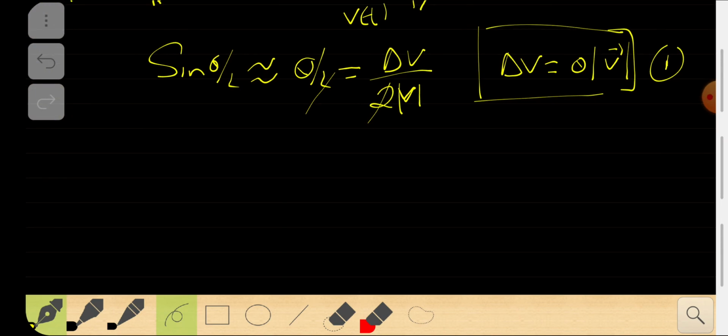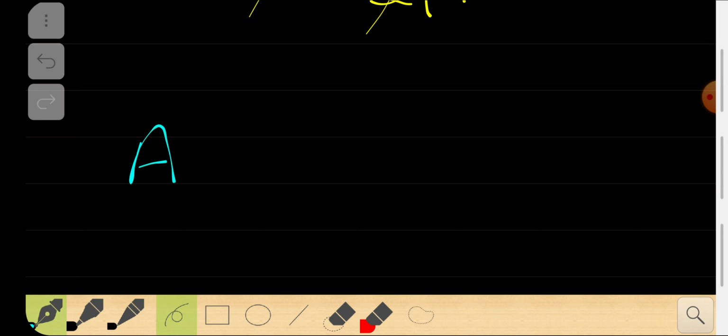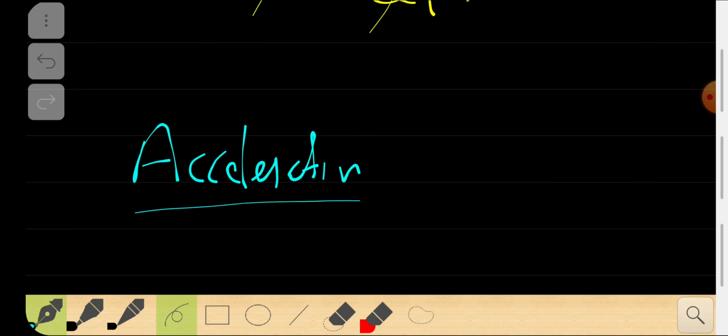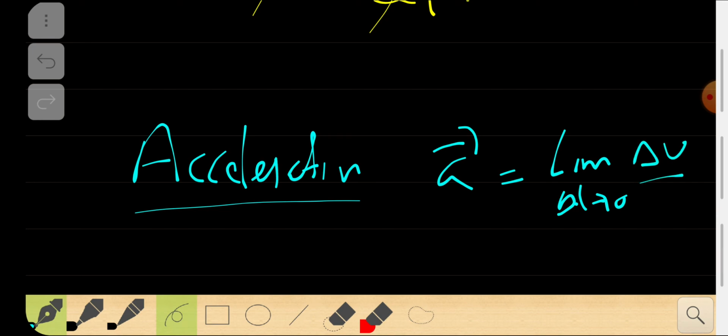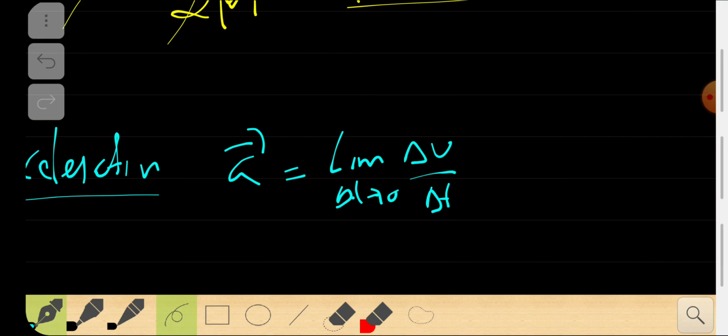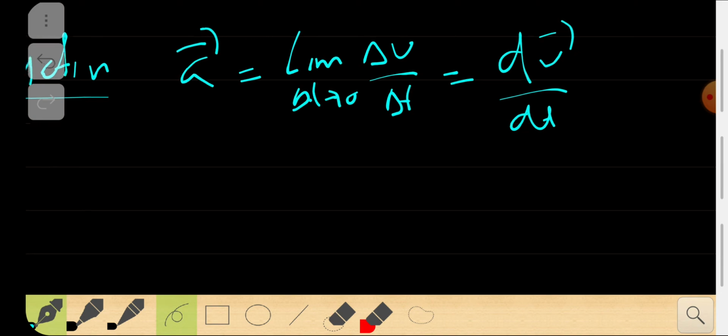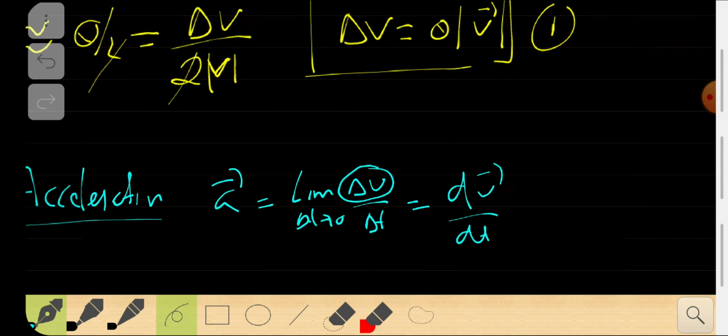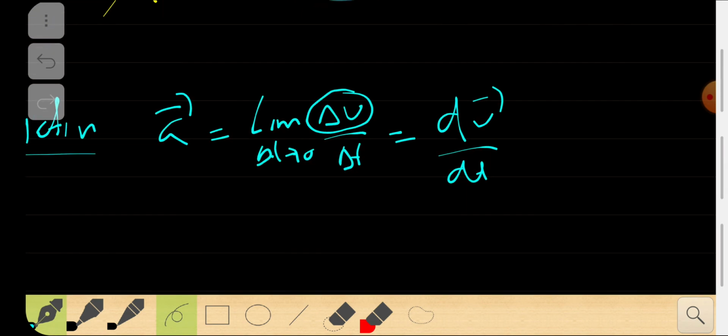Now if you look at the acceleration, the vector acceleration will be the limit as delta t tends to 0 of delta v by delta t. That is the textbook definition of acceleration, so you can write it as dv by dt, the differential of v with respect to time. If you substitute that delta v from the velocity change in equation 1, you can say acceleration is equal to